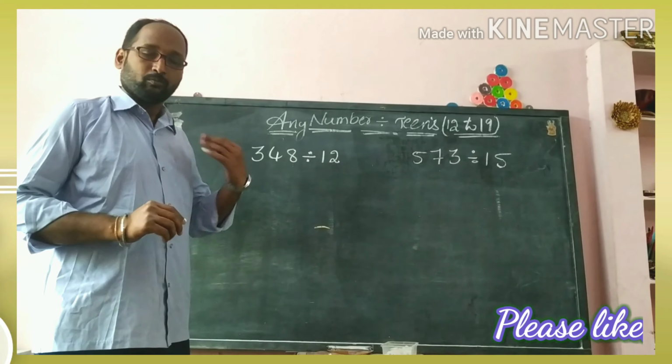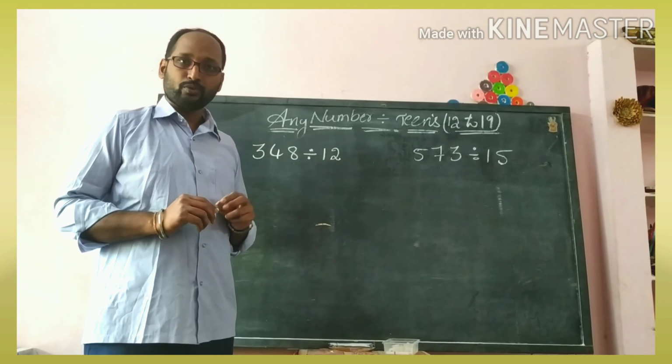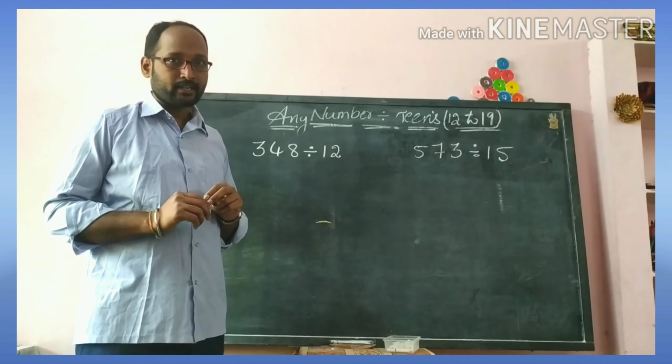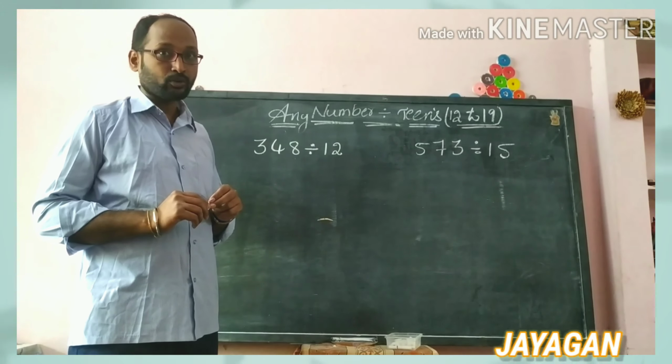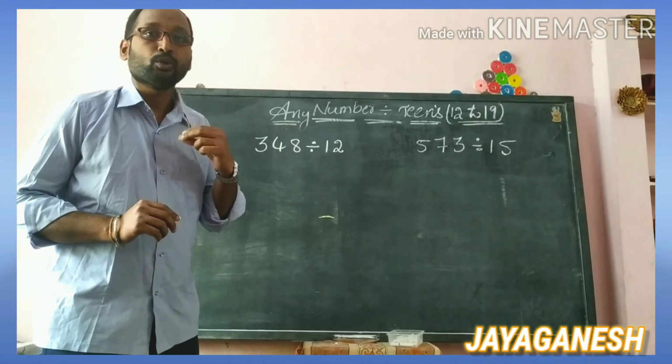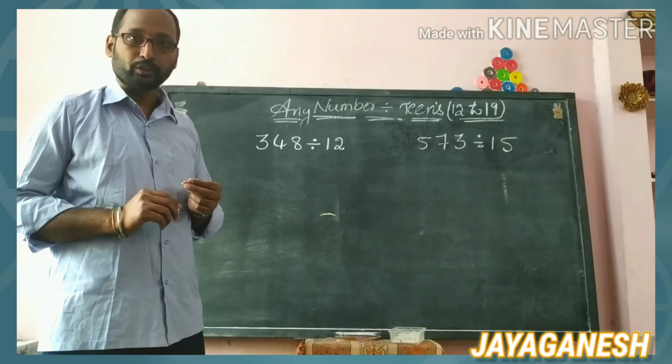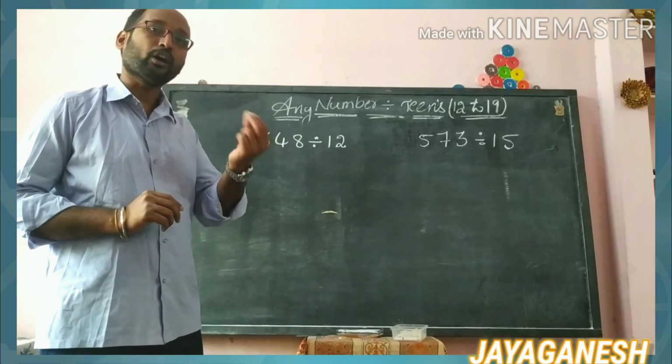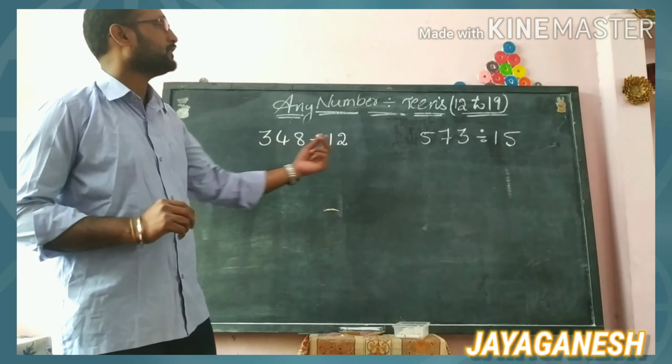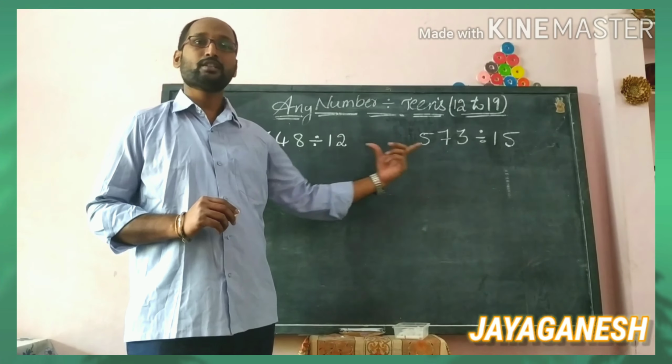Children, the previous two videos we have completed. That is the basics I said. In the second video I explained: suppose you are unable to do the subtraction, meaning we cannot do it. In that case, what are you going to do? I am going to explain that with these two examples. This I am calling advanced.